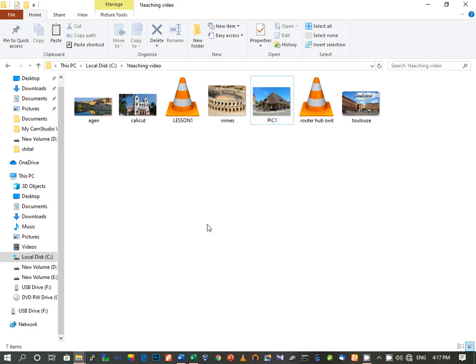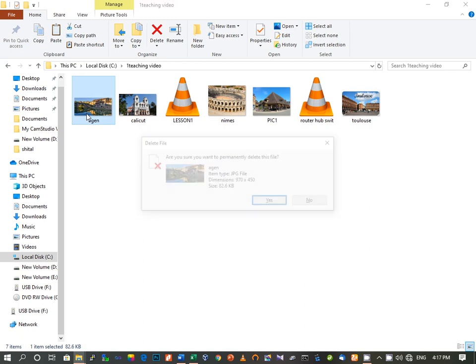Then one more thing which you have to study is how to delete a file or folder permanently. Suppose you want to delete any file or folder permanently, meaning you don't want to move it to the recycle bin, then what we will do, we will select the file, press Shift plus Delete button.